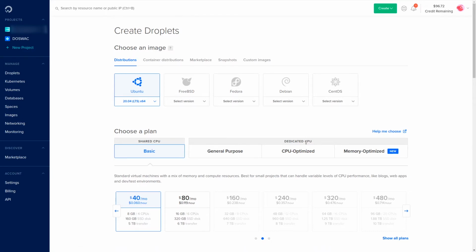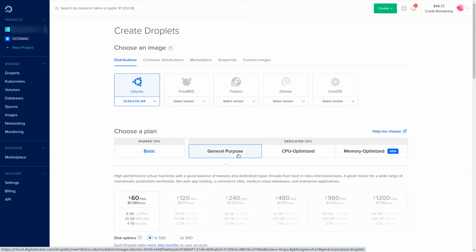In the dedicated CPU option, we have 3 more options: general purpose, CPU optimized, and memory optimized. The general purpose is a great choice for a wide range of mainstream production workloads like web app hosting, e-commerce sites, medium-sized databases, and enterprise applications.